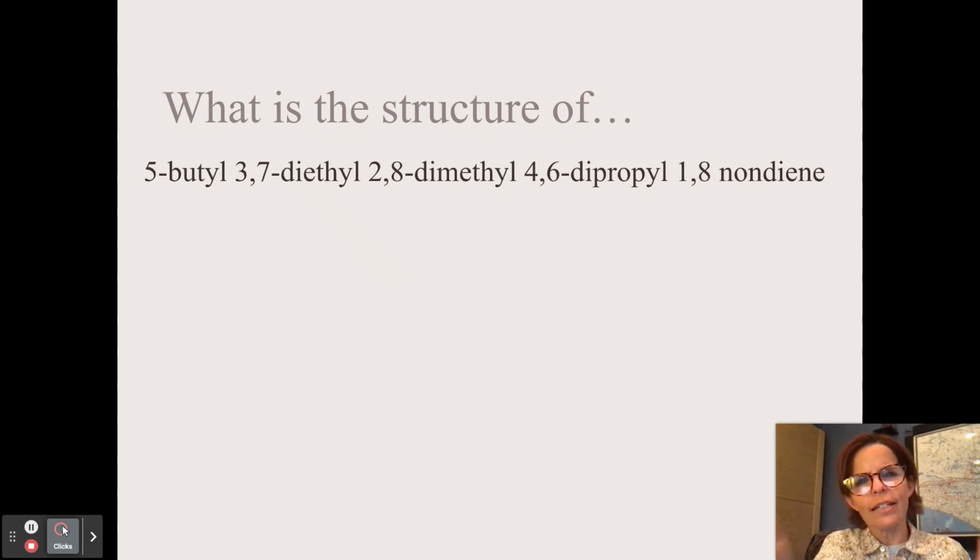Now, I also want you to just take a second. It kind of is a fun drawing when you do it. You'll see it's symmetrical. It's kind of a neat picture. But notice the alphabetizing here. The butyl group came first. It doesn't matter that diethyl had a 3. The number's not relevant. Diethyl always comes before dimethyl or dipropyl. It's the ethyl that comes first. So the B, then the E, then the M, then the P in alphabetical order. All right, pause me, draw this, work on it with a partner, and then I will release the image in